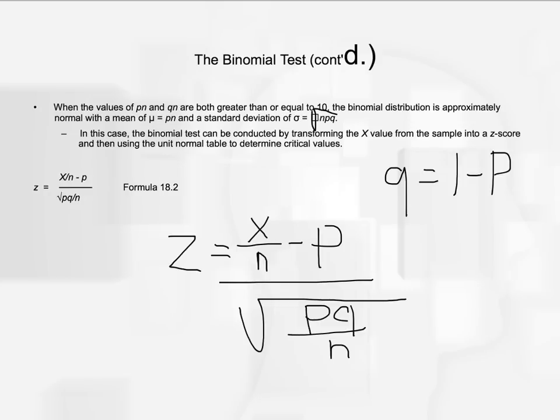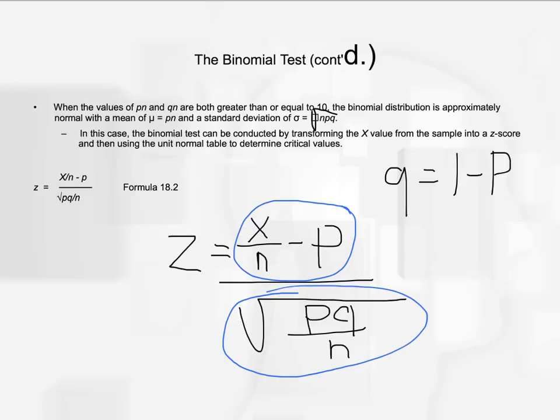Our numerator is a difference between a sample proportion and a population proportion. And our denominator is the expected difference for a sample of a certain